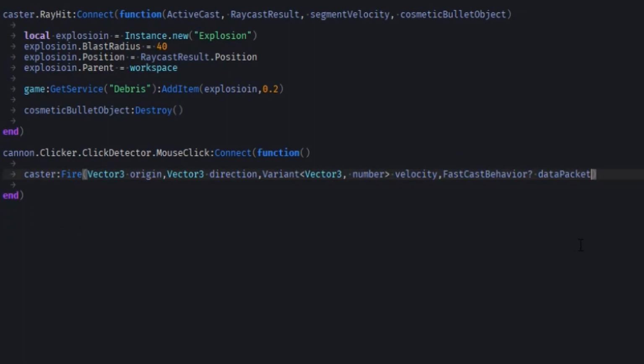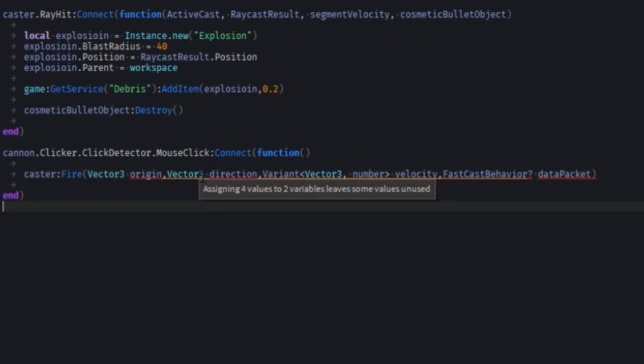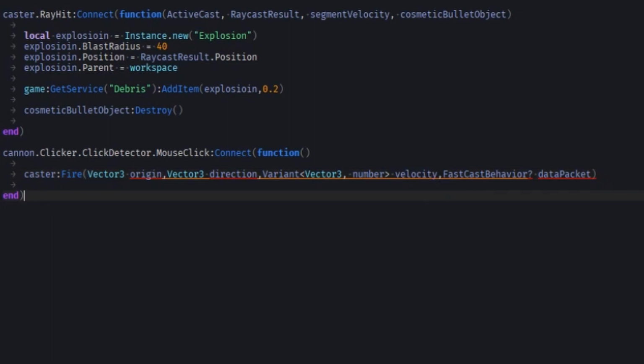the velocity. Now something you want to keep in mind is direction is not the same thing as the direction for raycast. You're going to mostly want this to be a unit vector. I believe they're going to unit it anyways, but this is just going to be your direction. It's nothing more than that. It's not telling them how far to go or anything like that, because you're going to have a velocity telling, you know, which speed to go at. You're going to have acceleration, and you got the max distance with behavior, so you don't need to determine the distance there.